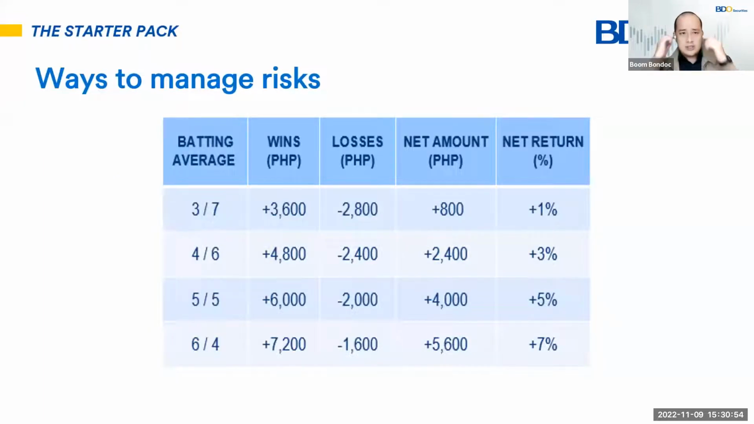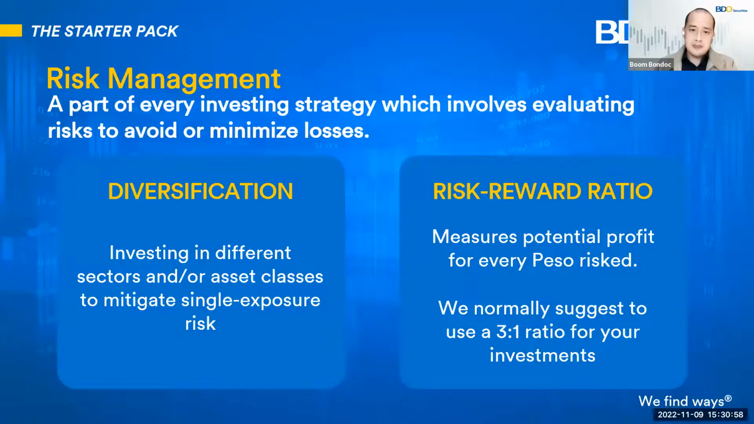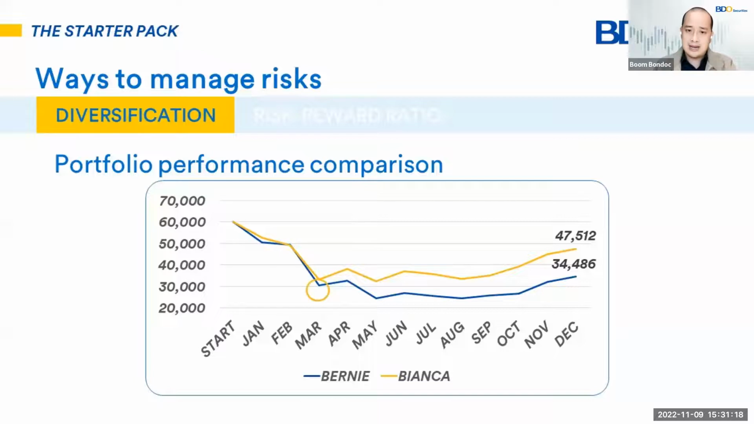Okay, and this one just quickly. If we look at the definition, the one that I mentioned earlier, aside from diversification, we also look at the risk reward ratio. What we say here is that for every risk that you take, the potential return should be 3 times of it. So it measures potential profit for every peso of risk. Our normal suggestion is 3:1. Now to illustrate that,